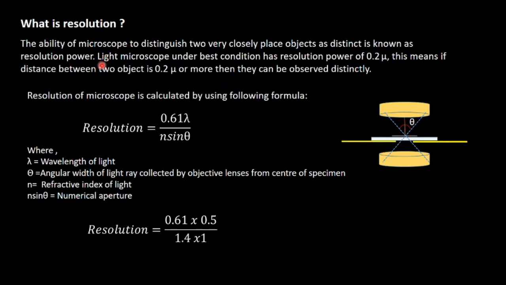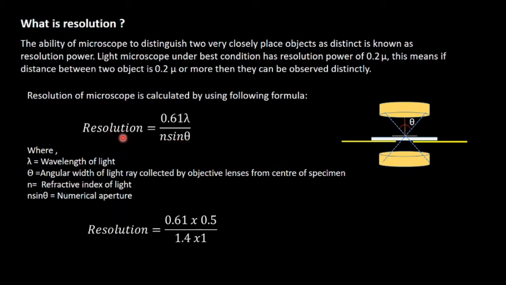Now, what is the resolution limit? Under optimal conditions, the resolution power of the microscope can reach 0.2 micrometer. Two objects separated by less than this distance appear as a single image rather than being distinguished from one another. This theoretical limit of light microscopy is determined mainly by two factors: the wavelength of visible light, which is the first factor, and the ability to gather light by the microscope lenses. This is collectively known as numerical aperture.